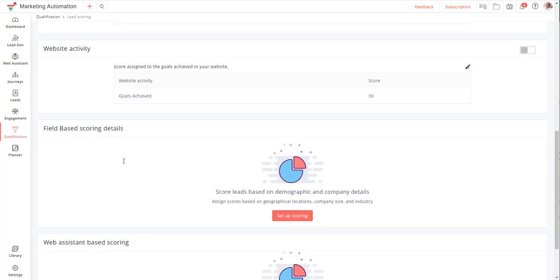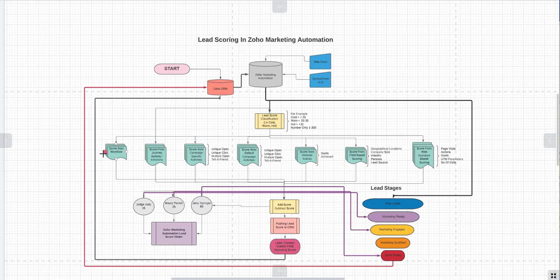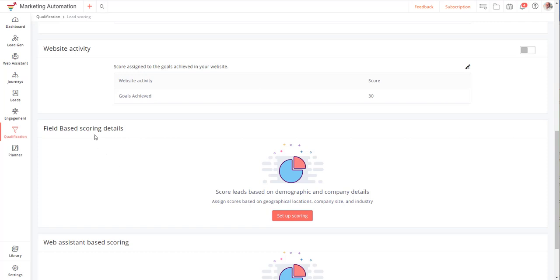Field-based scoring rules, right? Remember, going back to our initial one here, I showed you how to create or add scores based on criteria. There's actually a way that we can add scores based on field-based, and that's here. You can see we can add scores based on geographic locations, company size, industry. So if we choose set up scoring,